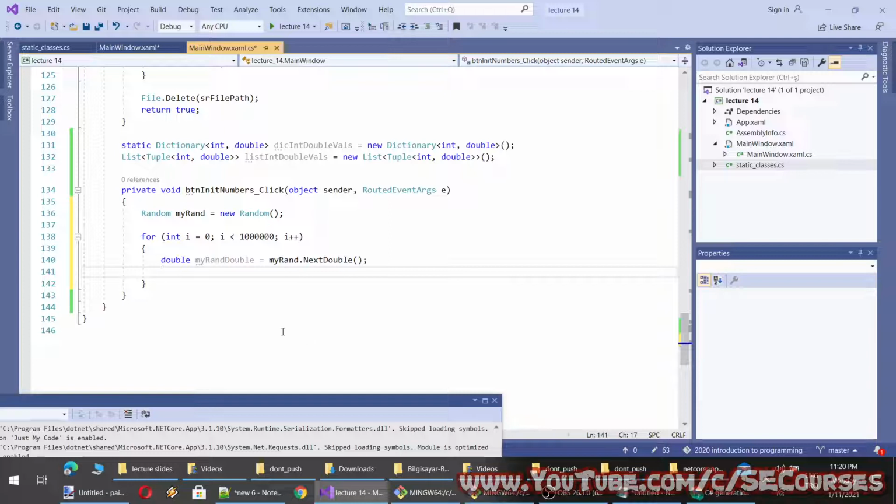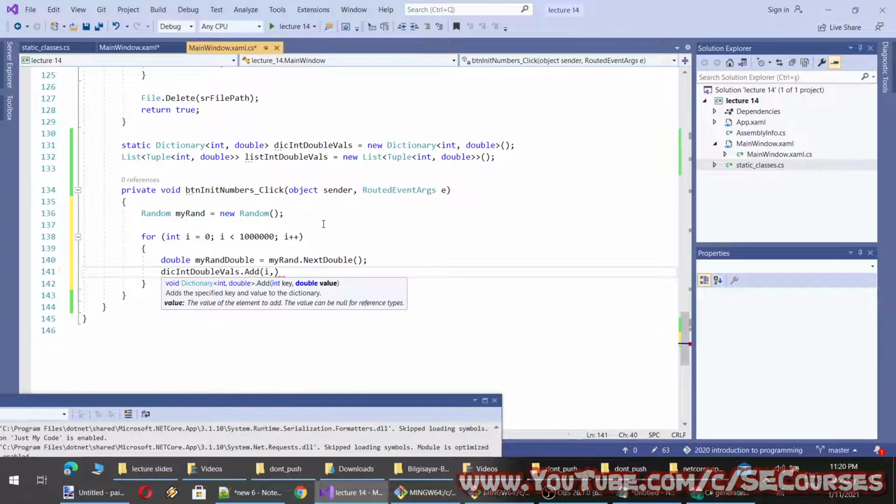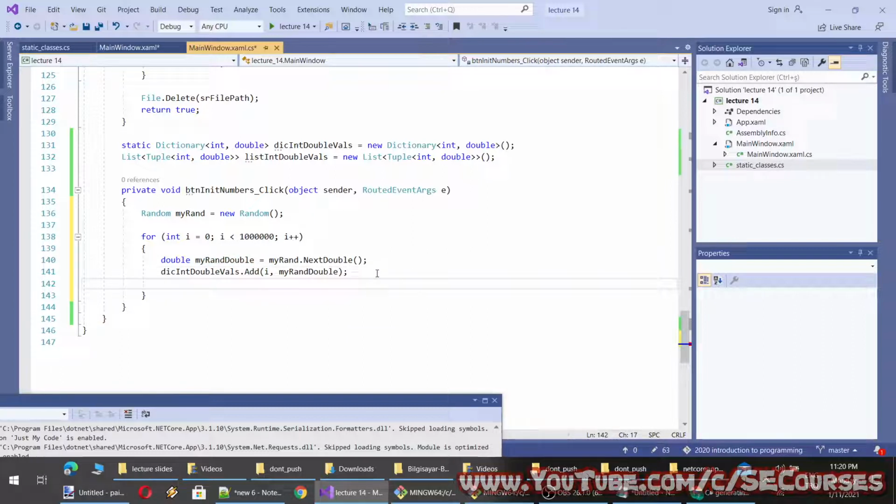And what I am going to do is I will add this to the dictionary and to the list. So dictionary can hold the same key only once. Okay, you cannot add the same key multiple times. It will throw an error. And here I will use i as a key and value as this generated double number.